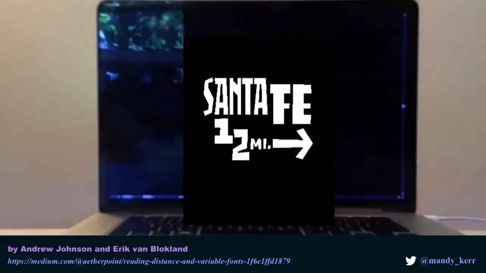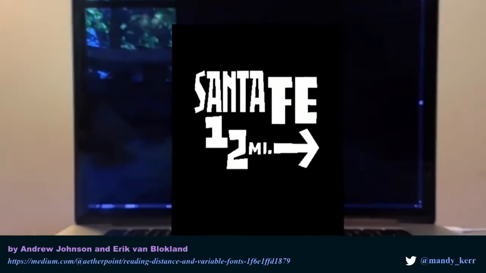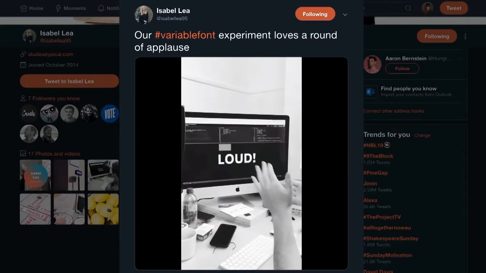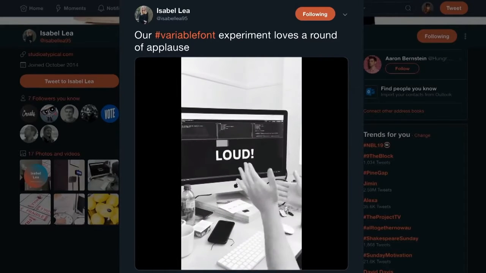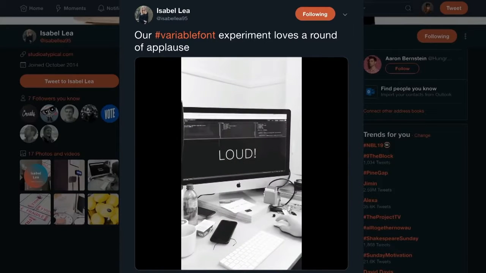We can change the font size based on the distance and change the hierarchy and meaning of the text depending on how close or far somebody is. We can even have the font respond to audio input or the sound of your voice. Now, with the growing use of devices like the Google Home and Alexa, voice recognition is becoming more and more prevalent. Now, something like this could be really useful for things like conversational UIs in visually representing tone or intent